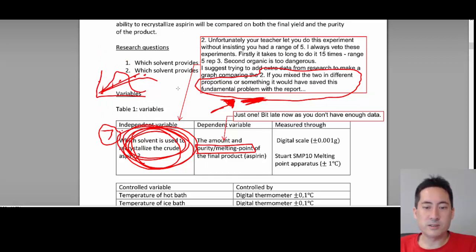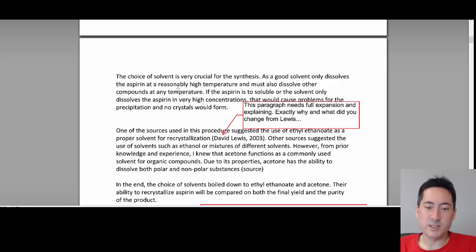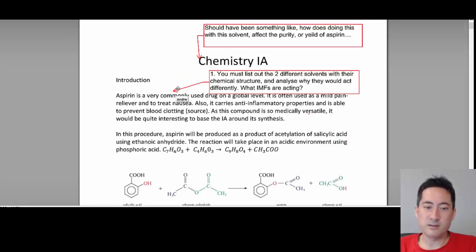I tried once, because it was an extended essay, to let a student do perfumes using distillation, and I regret that, because it pretty much almost failed just because it took too long. Don't do anything that takes you more than 5-10 minutes to do a trial. Even that is questionable. Once you've got your things set up, it should be really quick and easy using data loggers. Otherwise, you're not going to get it done in 2 hours or so. You're not going to get 15 trials done in 2 hours.